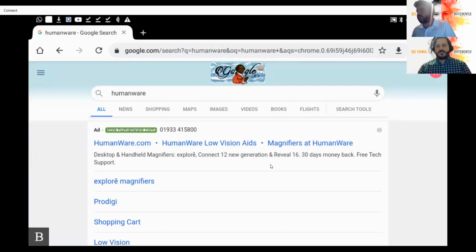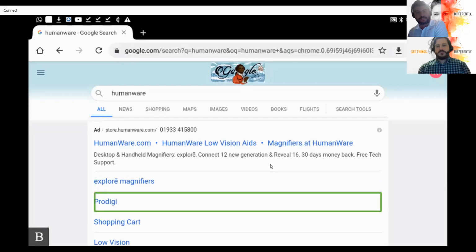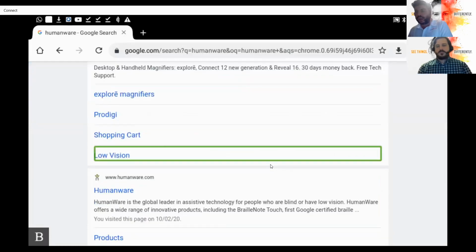middle.store.humanware.com/. So you could use your thumb keys to continue to move forward, or you can use the letter L to jump to different links. As I press the letter L, it will just take me to different links. Link. Prodigy, link. Shopping cart, link. Low vision, link. And there are some more that I'm just about to show you, but before I show that,